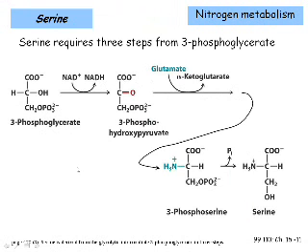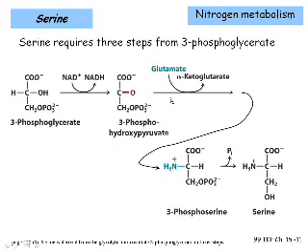Serine is a little trickier. We're going to use 3-phosphoglycerate. So here's a second glycolysis intermediate that can give rise to an amino acid. So it's 3-phosphoglycerate. It's a carboxylic acid there. We are going to oxidize it. So this is an alcohol. We make a carbonyl carbon. We make an alpha-keto acid out of it. This is now an alpha-keto acid.